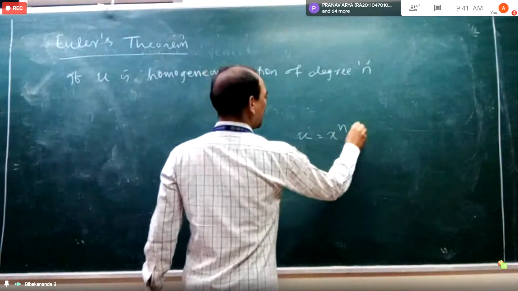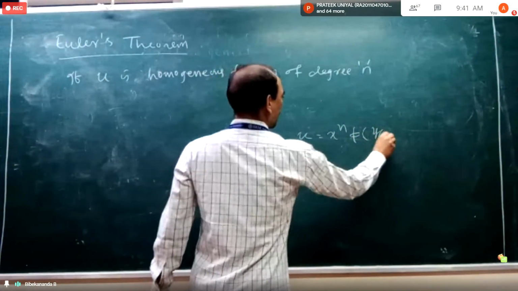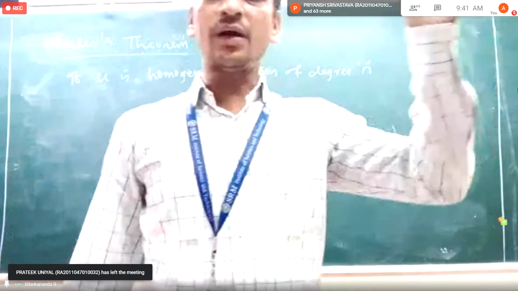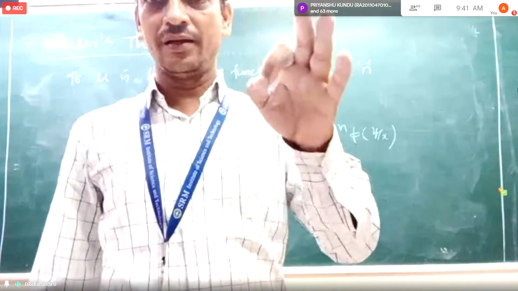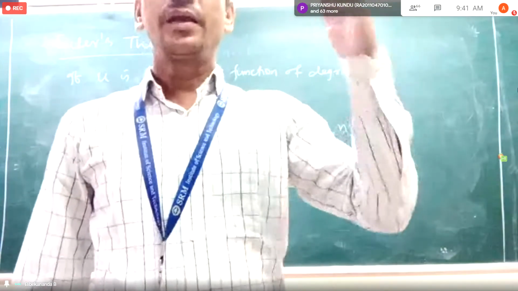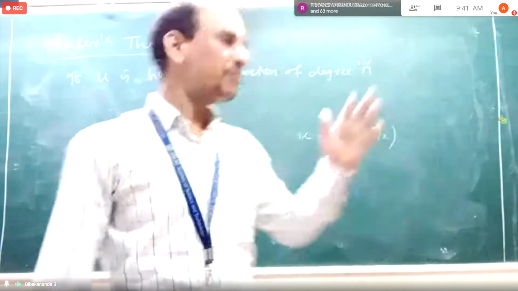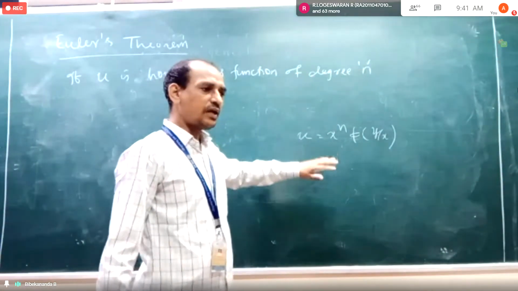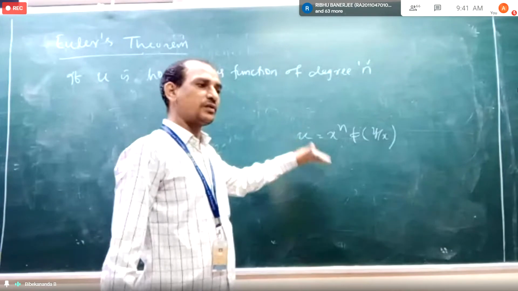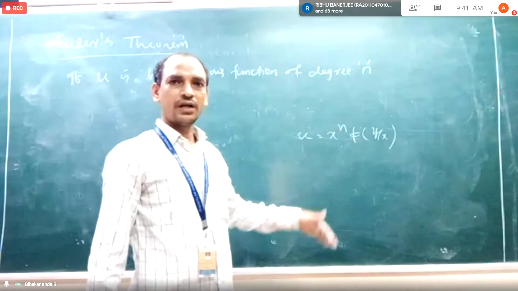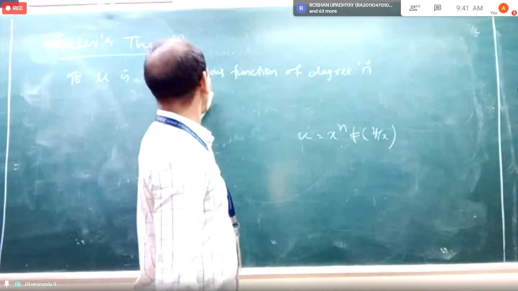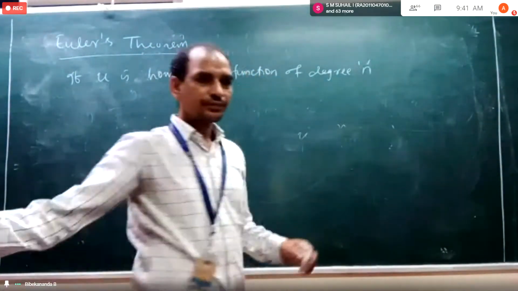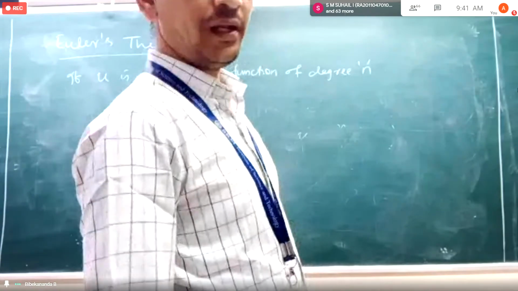Whenever I say u is a homogeneous function of degree n, you immediately imagine that u can be written in the form like this. If we can't write u in this form, then we can't say u is homogeneous. Understood now? So u is a homogeneous function of degree n, then